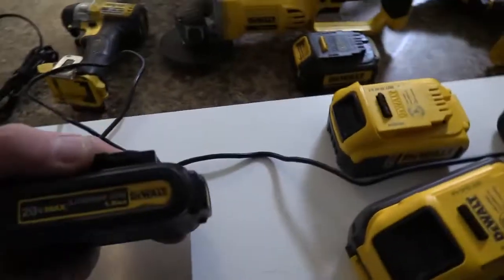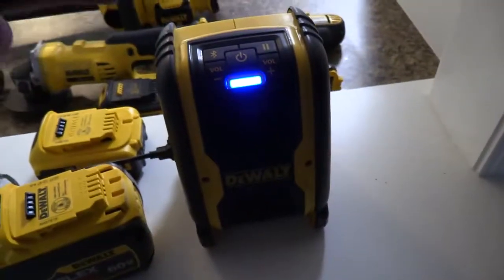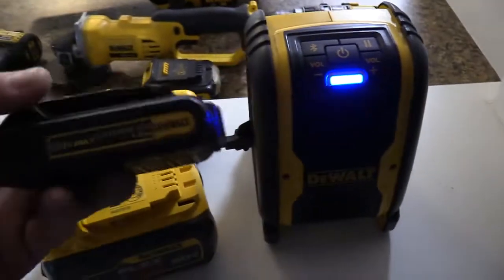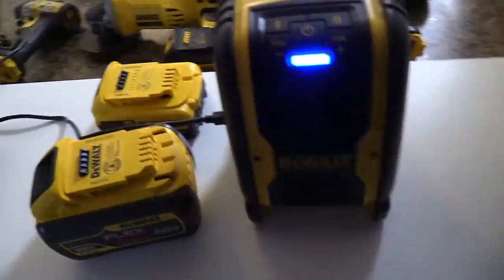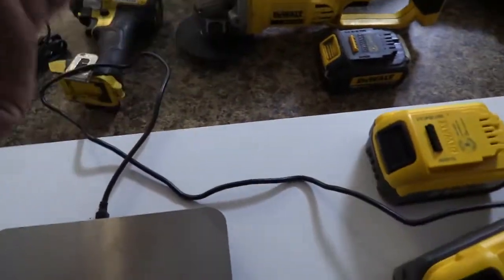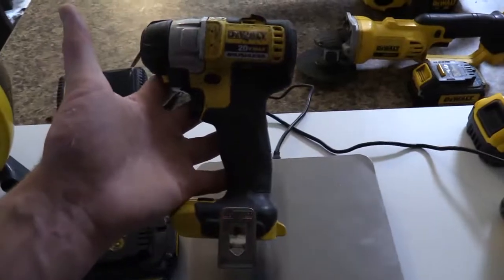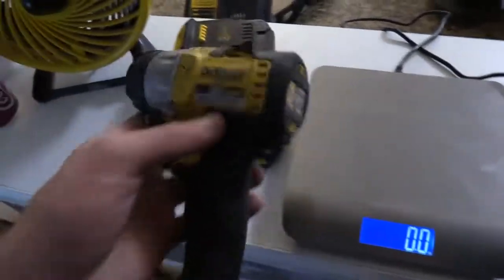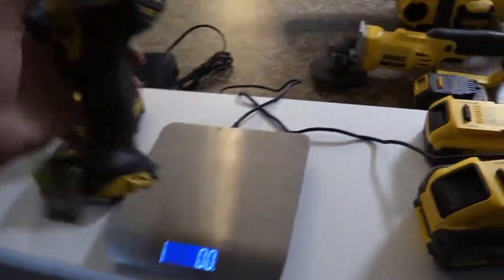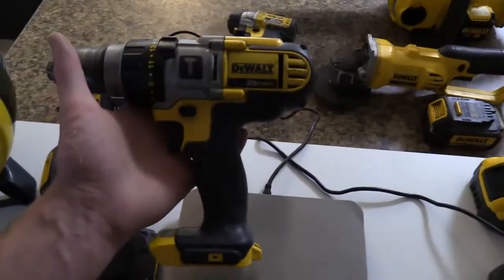Okay, so what is this battery good for? For running like this radio, it will last forever. For running any kind of LED lights, this battery will last forever. For even running this impact, it will last a long time. For running the hammer drill,